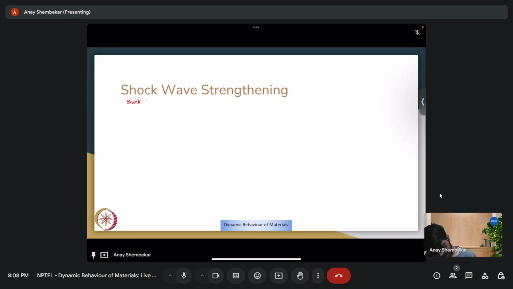Shockwave, I'll be using SHW for short, leads to hardening of the material, usually with negligible strain, and it depends on both the pressure amplitude as well as the pulse duration. And this work hardening is seen in most metals,